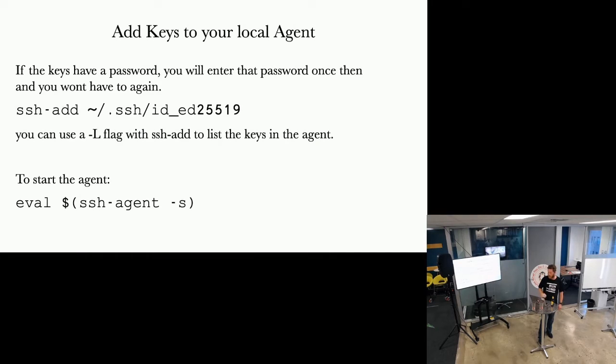Adding keys that have passwords on them to the agent will stop SSH asking for the password. So on your computer you'll have an agent, and if you add your keys to the agent, it'll stop SSH asking you for the password every single time you try and log into a foreign machine. So you can type ssh-add, the key name, and it'll ask you for your password if you've got a password on your key. Once that key gets authorized with ssh-add, the SSH agent will automatically authorize that key to be used with the password with every attempt you make to log into a new server. And you can check if it's running with this eval argument here.